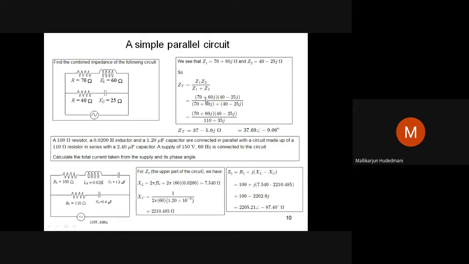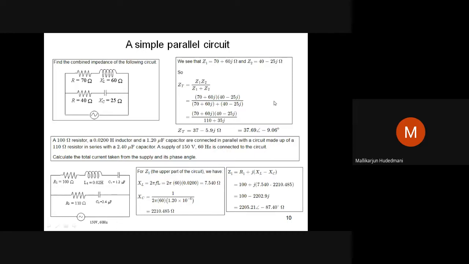Operate this. You will get a magnitude, either in rectangular or polar, and you are going to get the answer of these two. Yes, note it down: equal to, in the numerator, the product; in the denominator, the addition. Visually, you can do 70 plus 40, and 10. 60 minus 25. You do it visually and use the division operator for the next step.